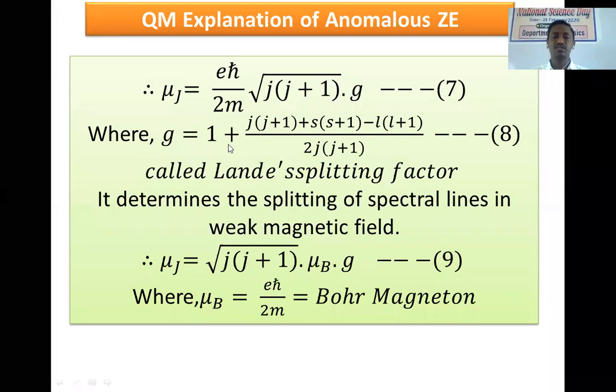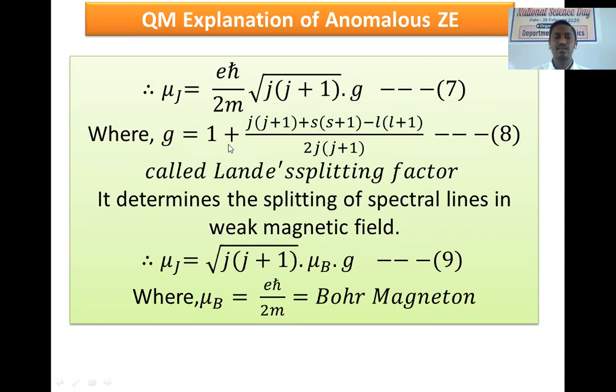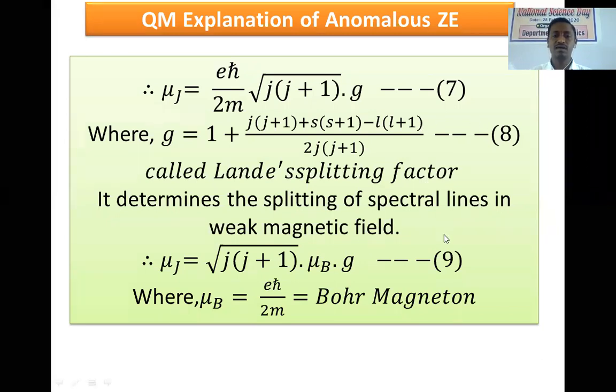So g will be equal to 1 + (j(j+1) + s(s+1) − l(l+1)) / 2j(j+1). It is the equation number 8, and it is called the Landé splitting factor. And this factor determines a kind of splitting of spectral line in presence of or under the application of weak magnetic field. So the equation will be